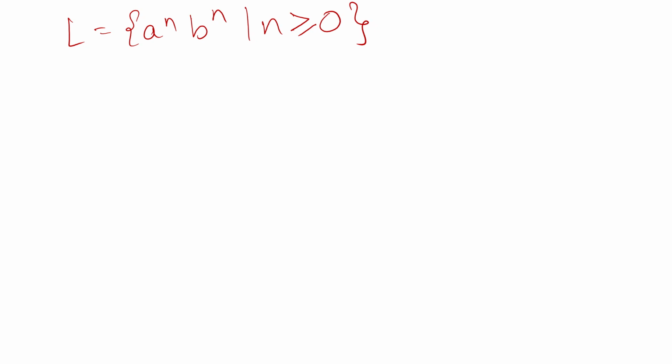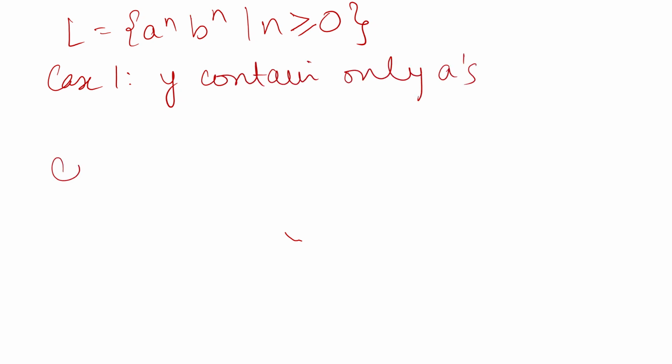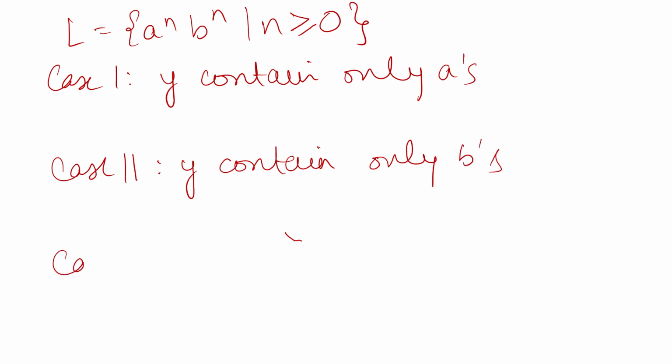But that is not the way to solve. You have to solve in basically three cases. Case 1: y contains only a's. Case 2: y contains only b's. And case 3: y contains